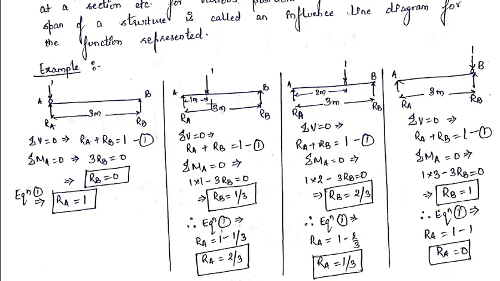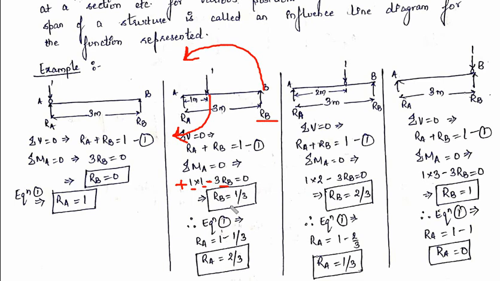In this diagram, this one load will produce a clockwise bending moment about A point. For clockwise, we are going to take as positive, and for anti-clockwise, we are going to take as negative. So plus force is 1 and the perpendicular distance is also 1, so 1 into 1. The second force is Rb and the perpendicular distance is 3. This Rb is acting in the upward direction, therefore it will produce an anti-clockwise bending moment about A point, and for anti-clockwise, we take it as negative. So minus 3 Rb is equal to 0.